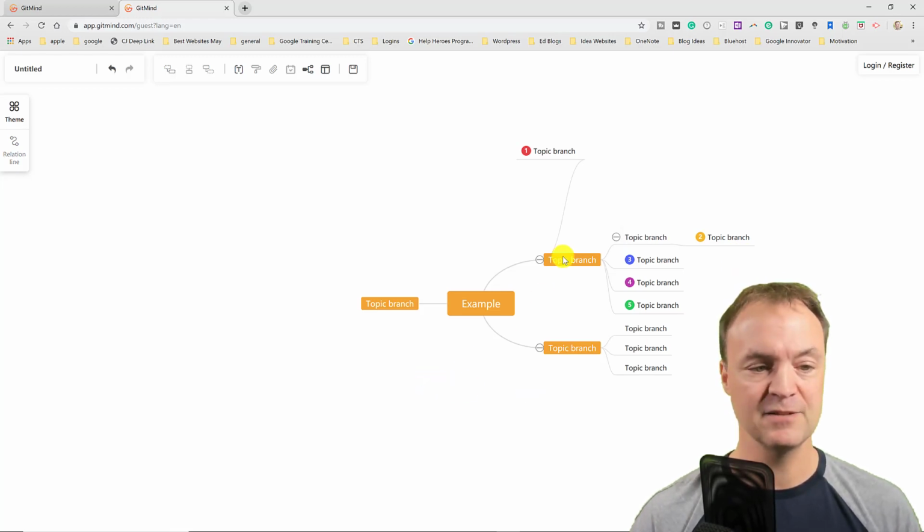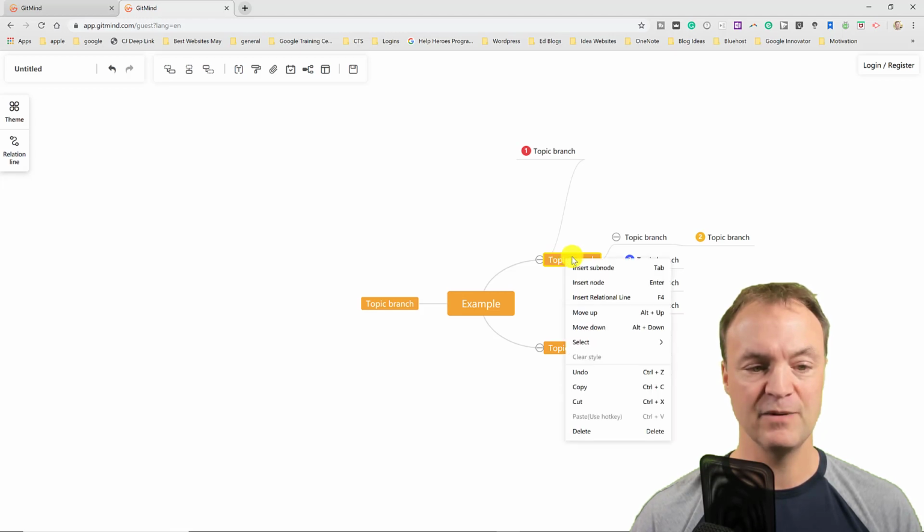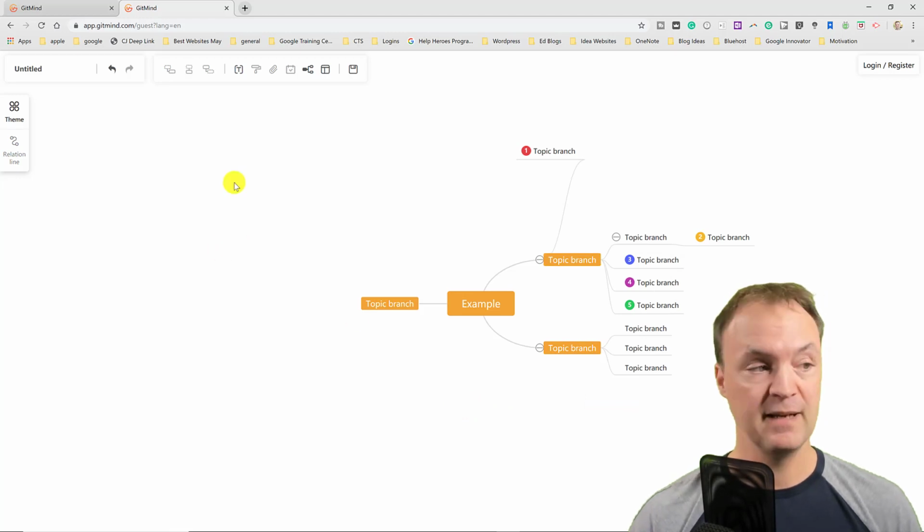You can also right click. So on any of these, if I right click, you can see you get the different functions that are right there, and you get all the shortcuts right beside it here too, so you can just speed up your mind mapping. Quickly, when we go over to the themes, we can adjust the themes.